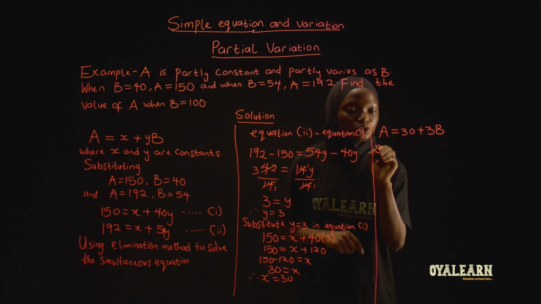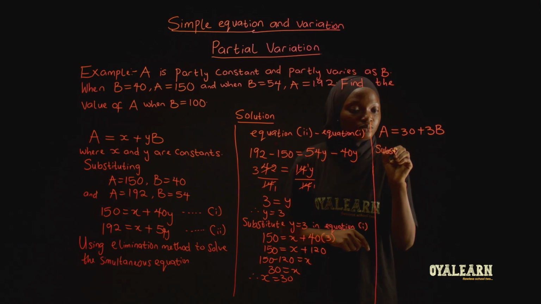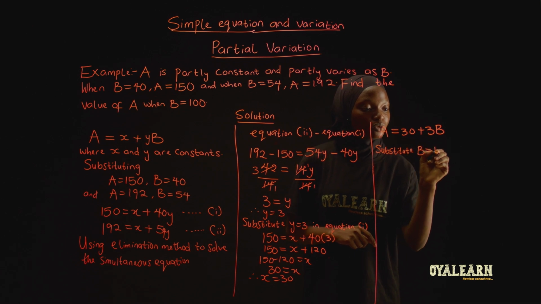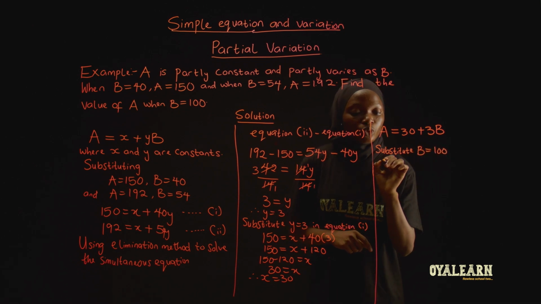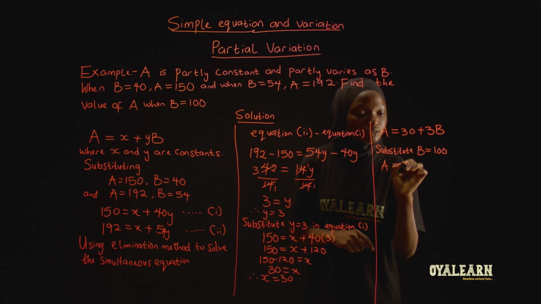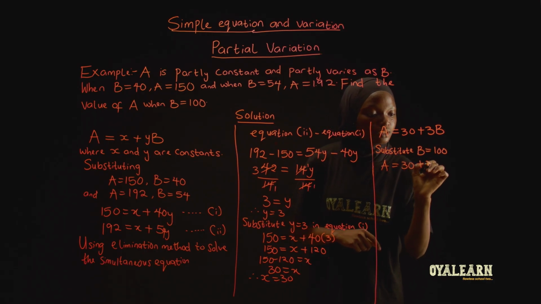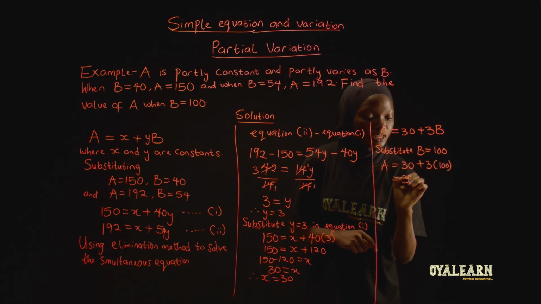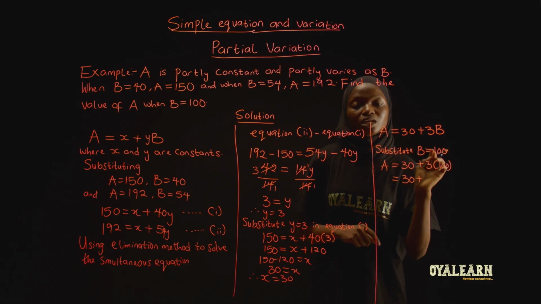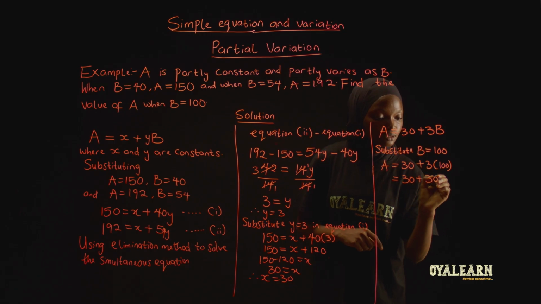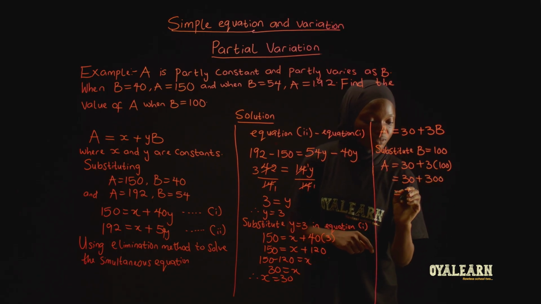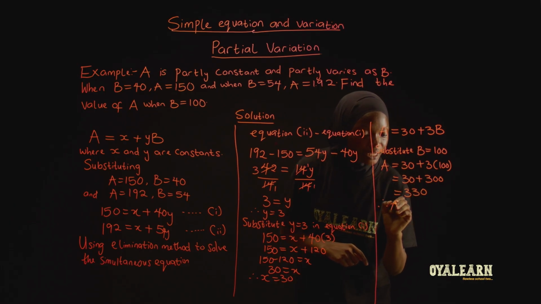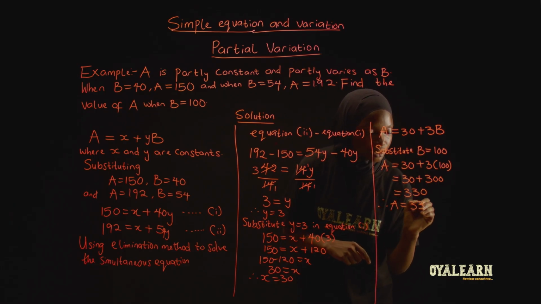So substitute B equals 100. So we have A equals 30 plus 3 into 100, and here we have 30 plus 3 times 100, we have 300, and when we sum this up, we're having 330. So therefore A equals 330